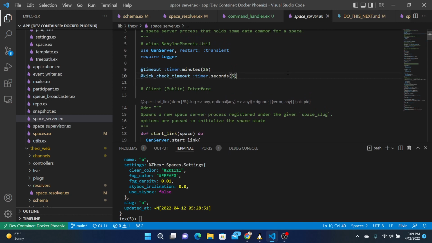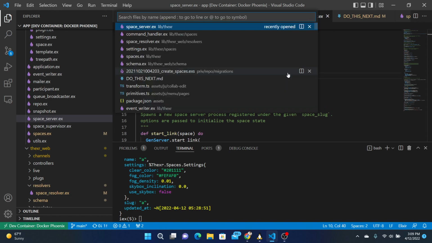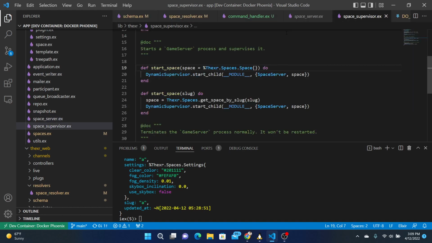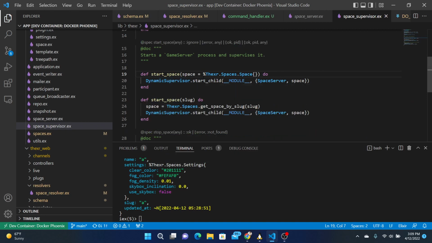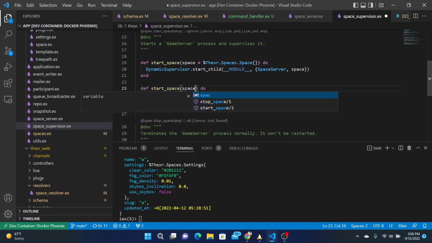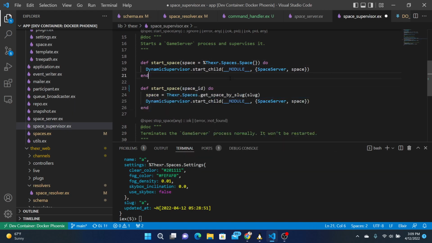So even how we start the space server right now, let's take a look at how we start it. So we go to space supervisor. When we're asked to start the space, we go start child with the space record. Start space can also take a slug. Okay, we'll just change this to the space ID. The identifier.